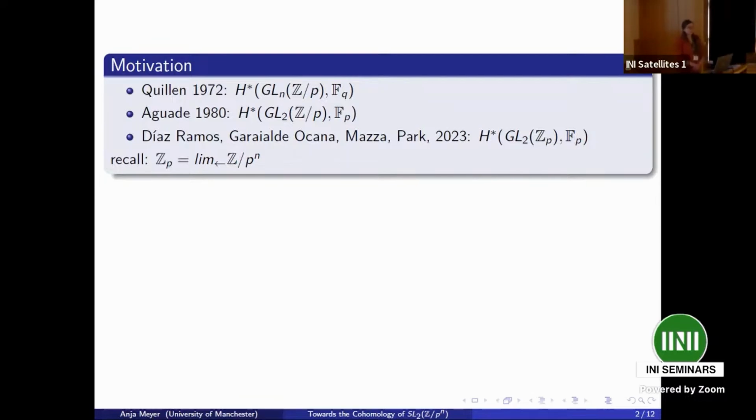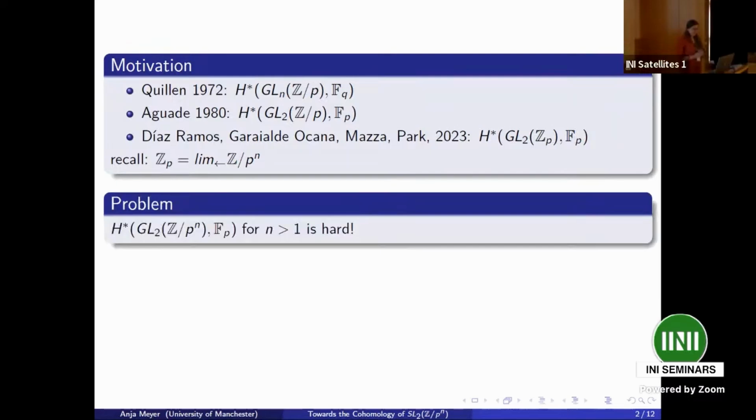One could, of course, ask: why don't we have the cohomologies for all of the groups in the middle yet? So we could just take all the cohomologies of GL_2 over Z modulo p^n and construct the inverse limit and arrive at the same result, hopefully. There's just one tiny little bit of a problem. It's hard.